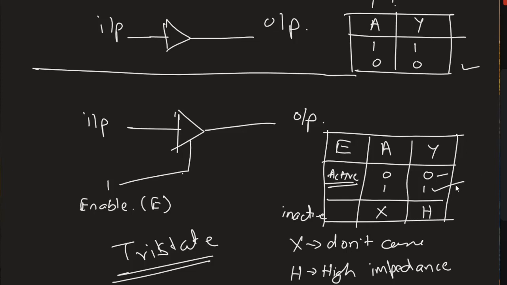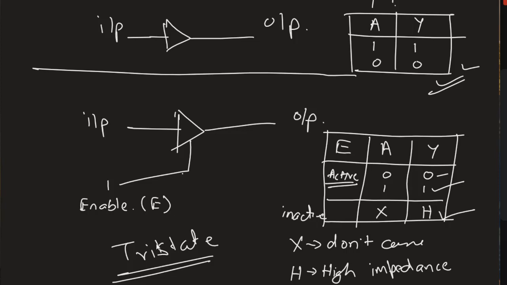Can you see there are only 2 states in the normal buffer, 0 and 1. But in a tri-state buffer, or the two input buffer, it will have 0 as one state, 1 as another state, and the third state is a tri-state, or that is called a high impedance state, H. So H is basically your third state, and therefore these kinds of devices, those which have a third input, are actually called tri-state devices. So our tri-state device, the buffer, is one of the tri-state devices which has two inputs.